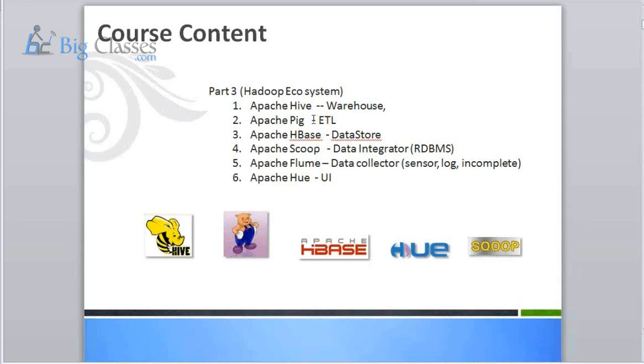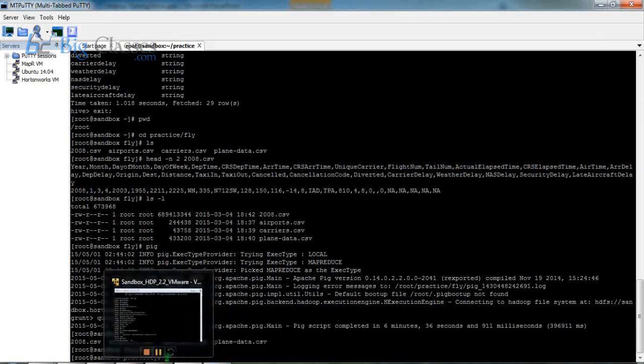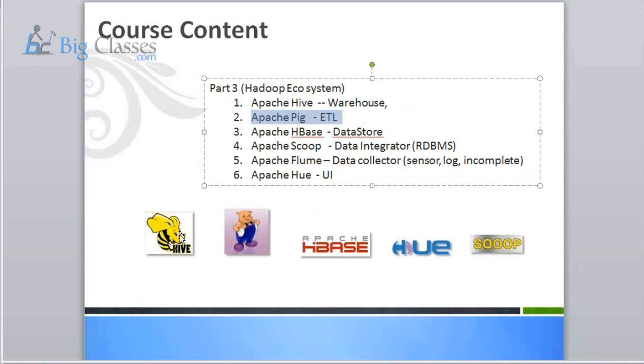But what we are talking about is that if you have a big file and you want to crunch it, you want to filter it then and there without understanding the file completely. So you are getting into an ETL kind of aspect, not exactly doing ETL. That's what I'm talking about. Then you can use Pig to crunch it. This is the one I was trying to show here. In that sense you are right, we are going to deal with the ETL aspect, but you don't have to know ETL basics at all.